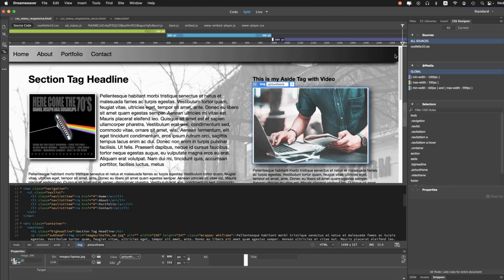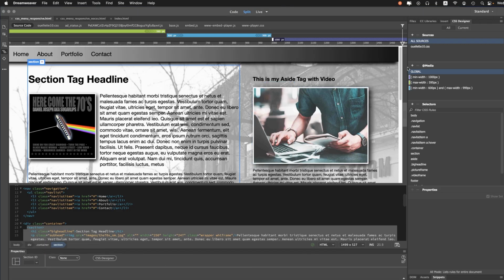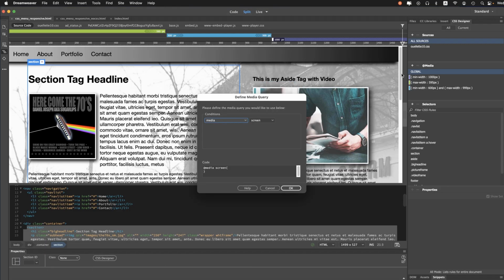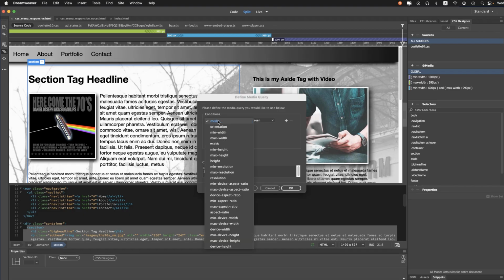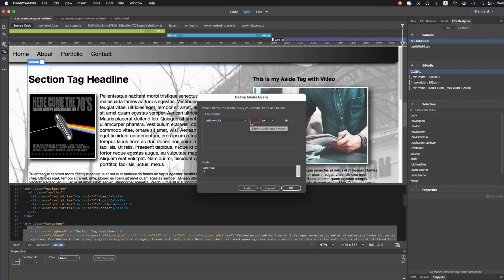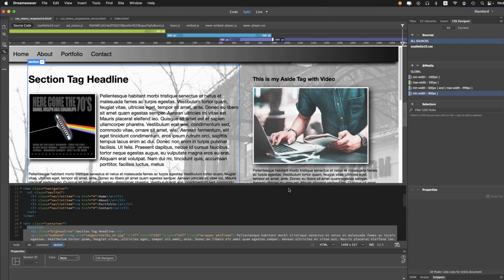Okay, I'm going to double click this again to open the width. The other way is to go to the media plus button here and then choose your criteria here. So there's a lot to work with. It can get quite complex, but we're going to work with minimum width, maximum width, and maybe a combination of both. So if I wanted to set one up here, I could choose minimum width, and establish a number of pixels. Let's say 800 pixels. Just type that in there, 800 pixels, and click OK. And suddenly I have yet another one based on a minimum width. I am going to undo that. And I think at this point we're ready to bounce over to our file and start to implement some @media